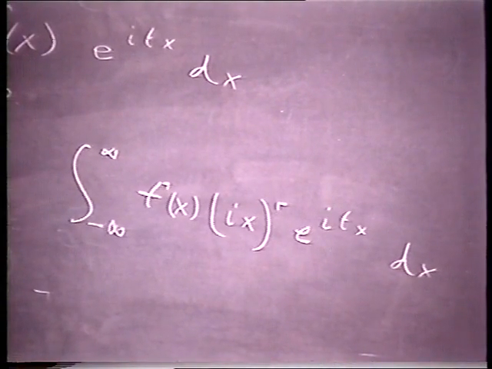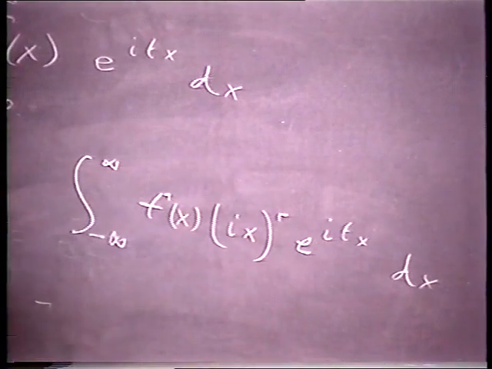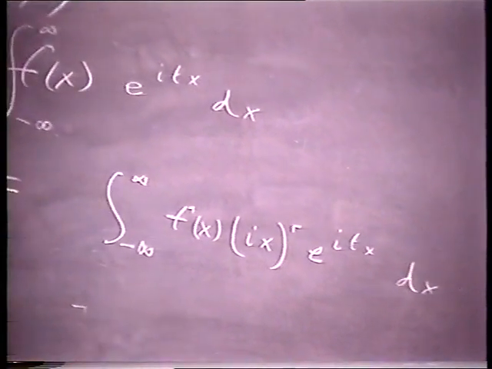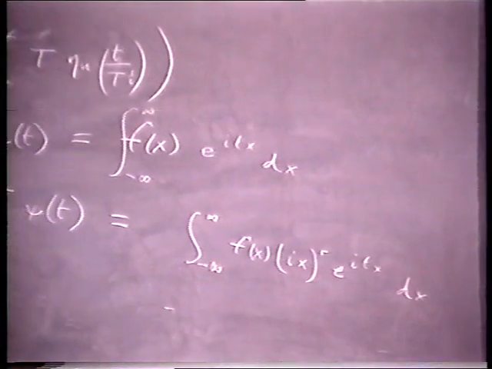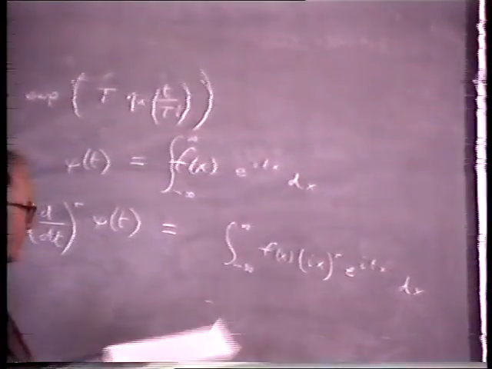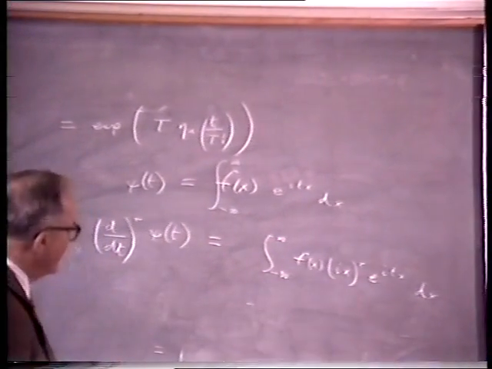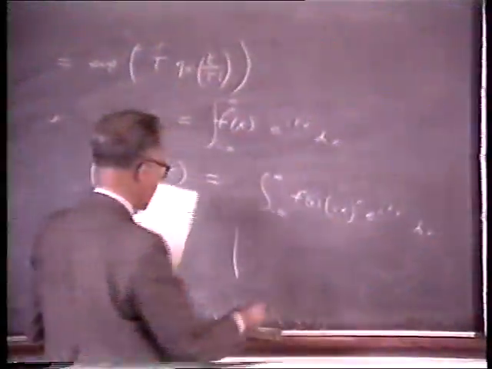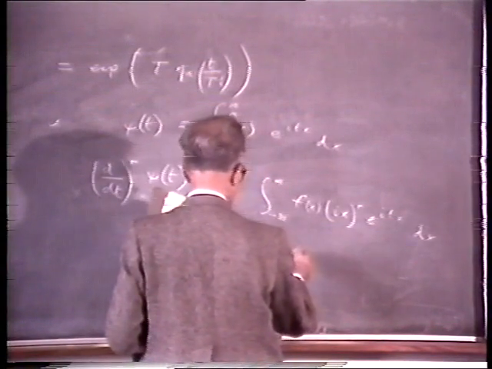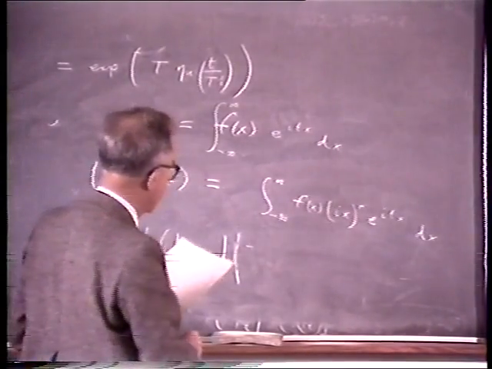Now, as I say, one criterion for this being a valid operation, taking account of the fact that you're integrating from minus infinity to infinity, you have to have a convergence condition, and the simplest one is the absolute convergence condition, which just requires that the absolute value of the derivative integral be finite. Sorry, I should have said the integral of the absolute value, that's right, the integral of the absolute value is in fact equal